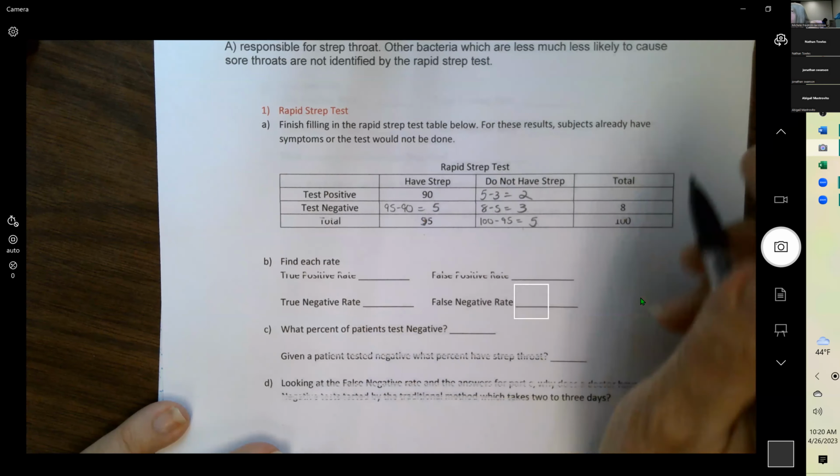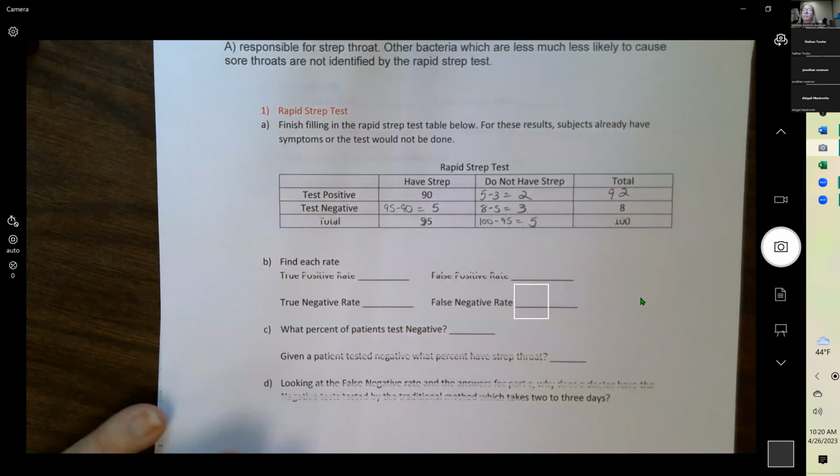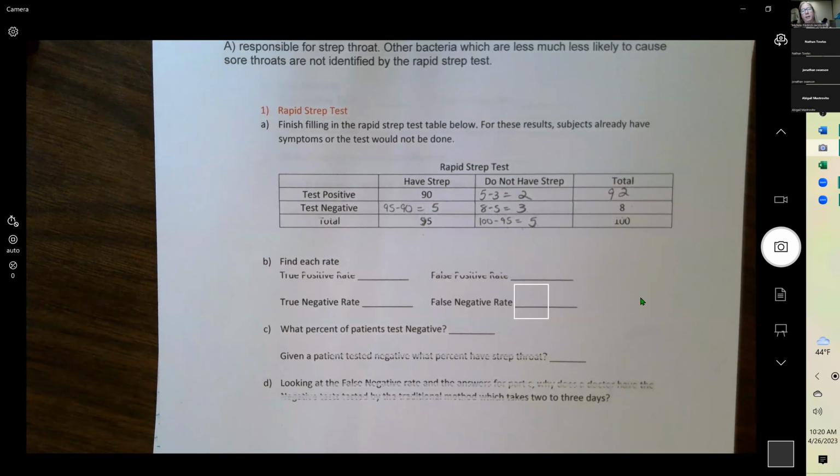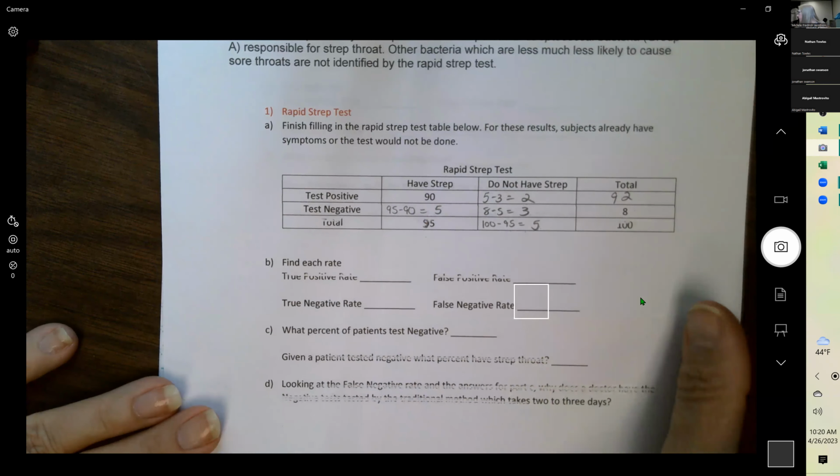Add across, 92 plus 8 is 100. Any questions on that part? So once you find some of the values, you can just start filling in the other ones. This case, I set it up. In a contingency table,